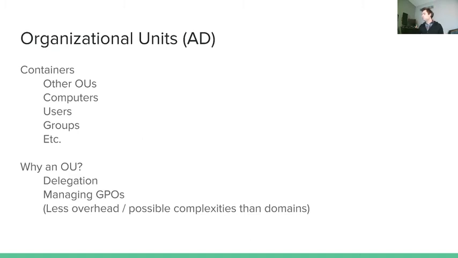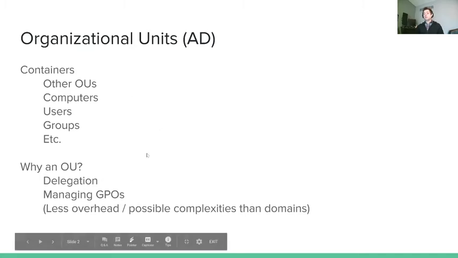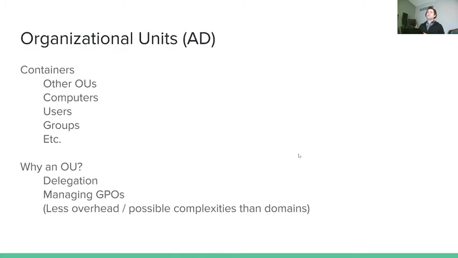And why do we use an OU or something like this? Mainly, we're going to use it for, again, organization. We can use it for applying group policy, which you all did in the lab. If I recall, you created an organizational unit and applied a group policy to it. Or if you just use the default group policy, you're applying it to the whole infrastructure, right? The whole domain. We can also use it for delegation, which we'll look at momentarily too, where delegation is basically giving other users rights to do something. Like I'm going to delegate adding users and changing passwords to you, for instance.